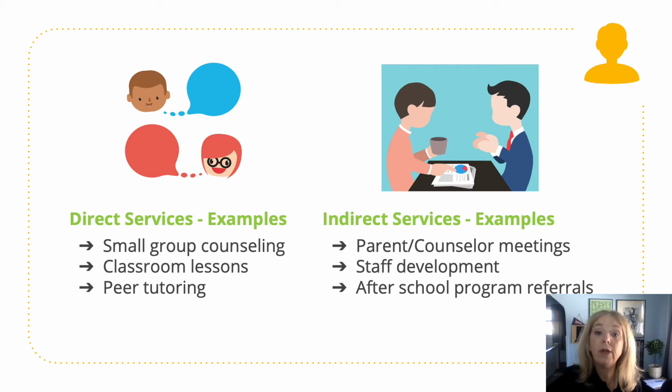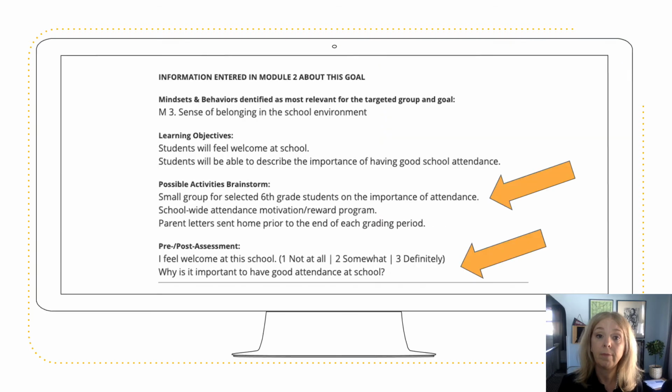And be sure to include indirect services as part of your strategies and interventions as well. These would be the activities that you do on behalf of the students you're targeting, in addition to the direct services you'll be providing to those students. An example of indirect strategies might be the consulting work you do with parents and the collaboration that you do with teachers. Perhaps you conduct parent workshops or meetings, or even consult individually with the parents of your Closing the Gap students. You might collaborate with teachers on suggestions for potential classroom strategies.